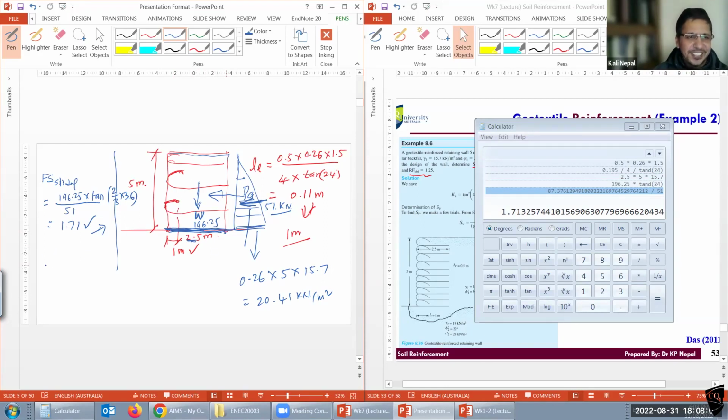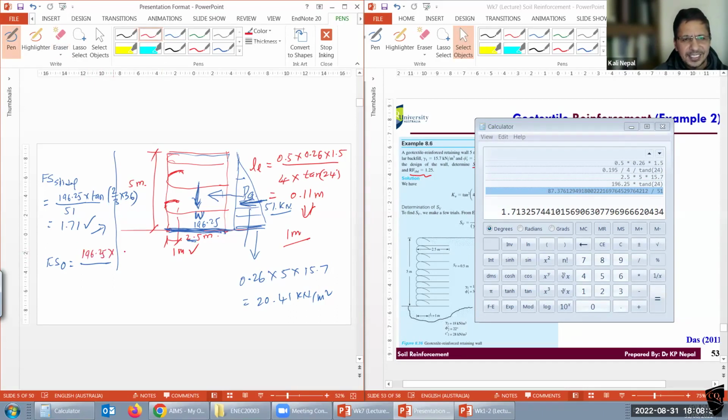All right, overturning now, factor of safety overturning. This W will resist, right? It will be at the bottom. And no, resist at the top, right? Yeah, so that will be 51 times what? 5/3. That's what I'm doing. Always resisting at the top, isn't it, right? So that means